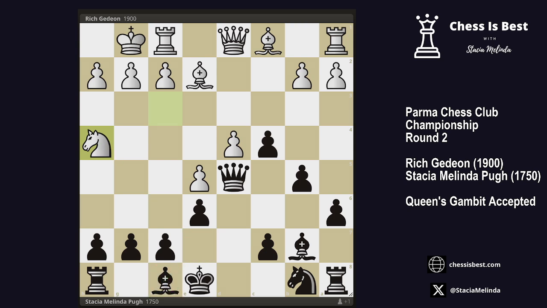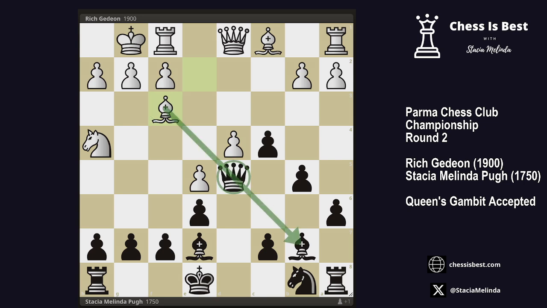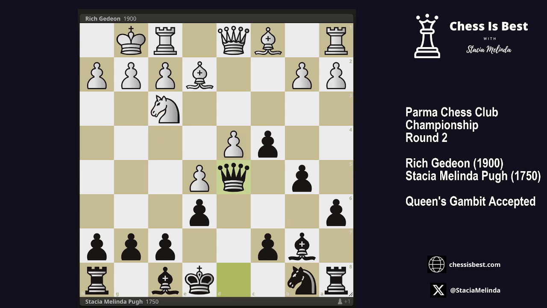Okay, but maybe this? Yeah, anyway, it was this idea I was worried about. So I had to make sure. Turns out that I really don't think I needed to worry about this, though, because I could always just capture with the bishop here. It's not like I have to take with the queen. I could put the bishop there. So anyway,